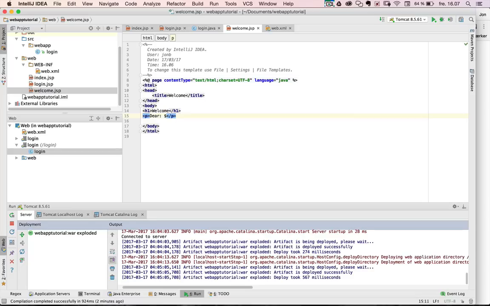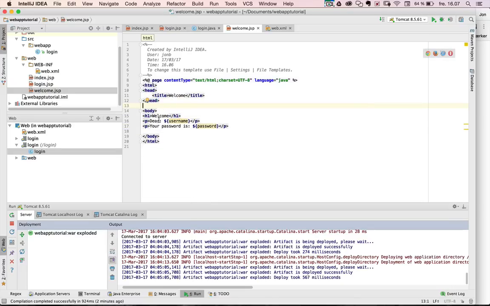So I create these curly brackets, and let's say I call it username, and dear username, your password is, and then I wanna put in this value called password. So this is my idea that I just want to output. Of course, you should never show a password on a web page like this, but we just do it